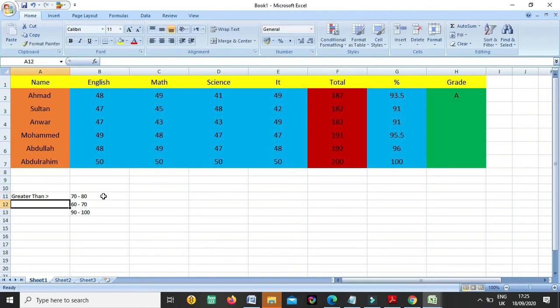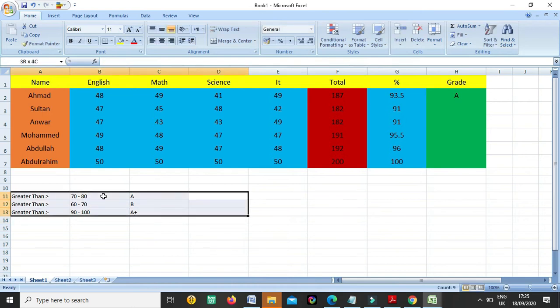Okay, I copy this in all cells. If somebody has greater than 70 to 80, he will be A grade. If somebody has greater than 60 to 70, B. If somebody has greater than 90 to 100, then he will be A plus.